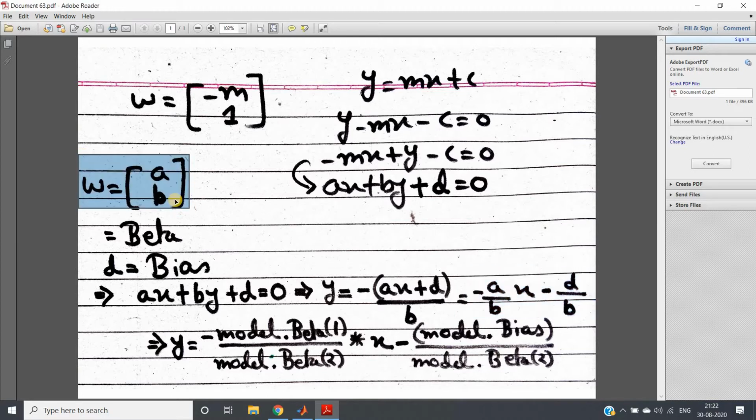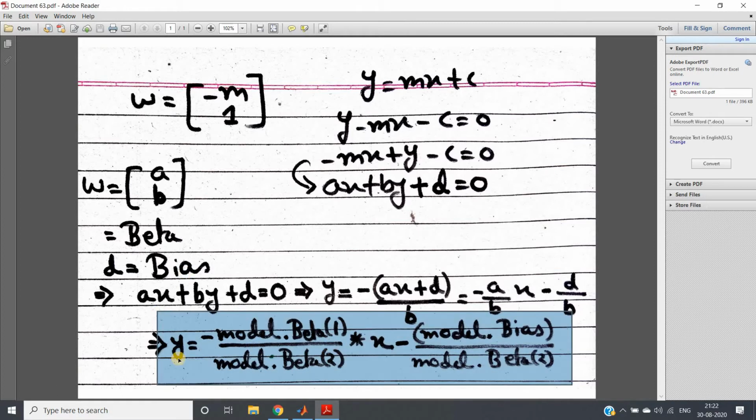Now compare this equation with omega. Suppose omega is beta, and the model you have created is named model. The a term is model.beta(1), the b parameter is model.beta(2), and d is model.bias. Put all this together and you get y = −(model.beta(1)/model.beta(2))·x − (model.bias/model.beta(2)). Don't forget the minus sign, otherwise you will get a wrong decision line.